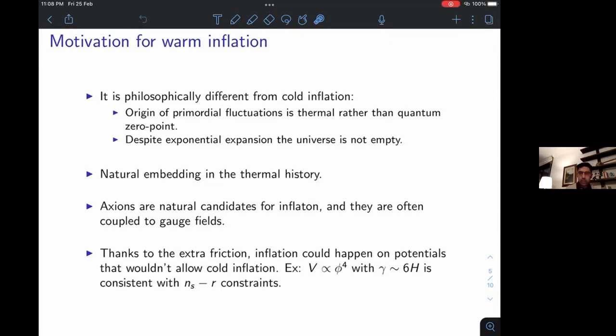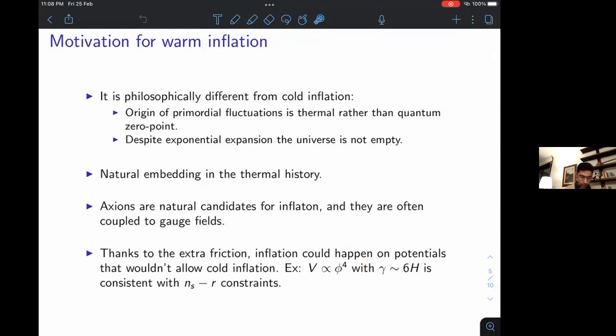Finally, because of this extra friction term, we can get inflation on potentials that wouldn't allow cold inflation. Or in other words, for a given potential, in a warm inflation scenario, we'll have different predictions compared to cold inflation. For instance, here we